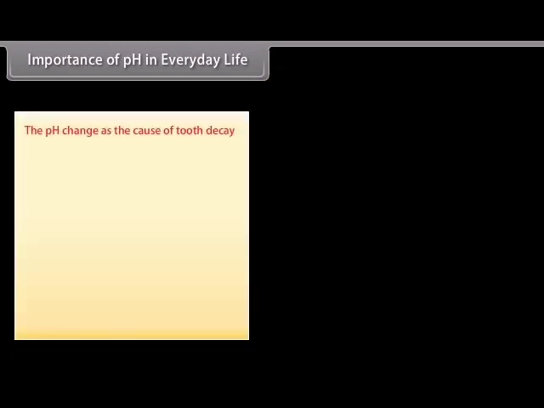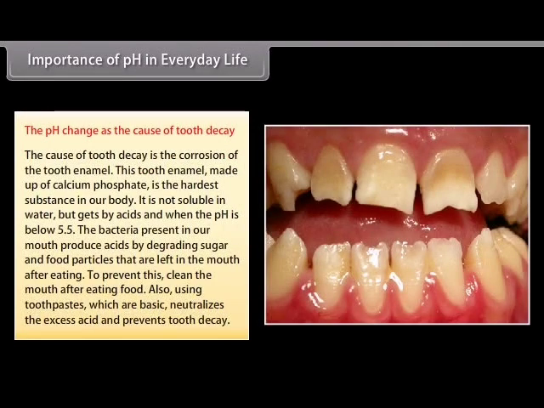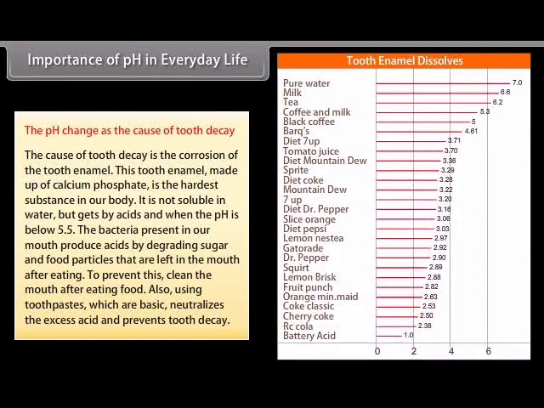The pH change is the cause of tooth decay. The cause of tooth decay is the corrosion of the tooth enamel. This tooth enamel, made up of calcium phosphate, is the hardest substance in our body. It is not soluble in water but gets corroded by acids, and when the pH is below 5.5, the bacteria present